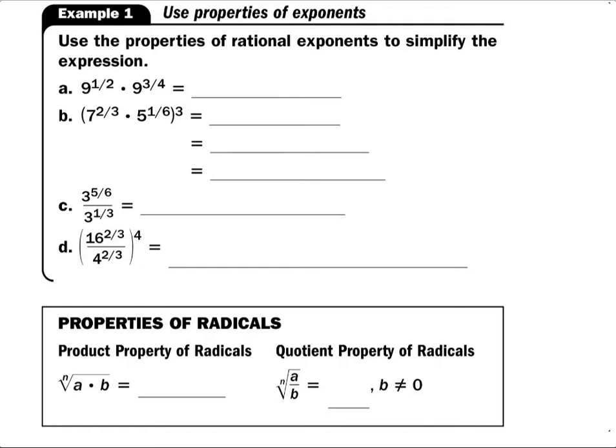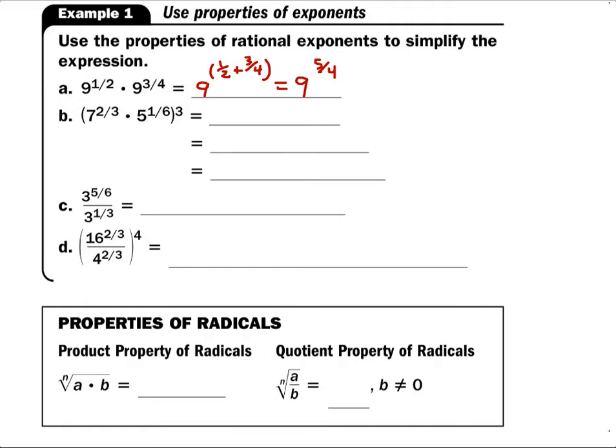In this first example, part A here, we have a situation where the powers are being multiplied with the same base. So that means we need to keep the base and add the exponents. And 1/2 plus 3/4 is 5/4. And that's pretty much all we can do with this problem. In problem B